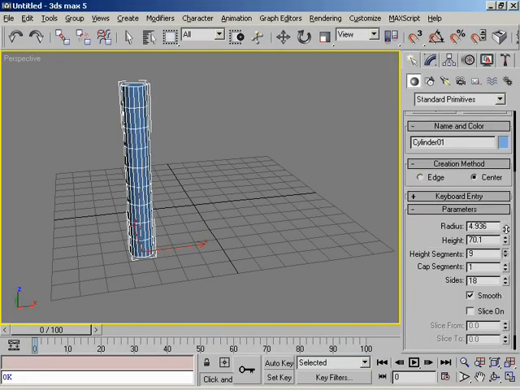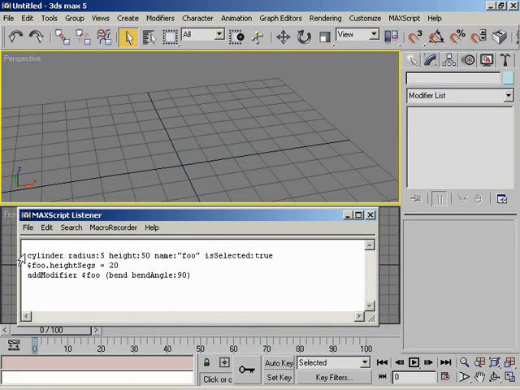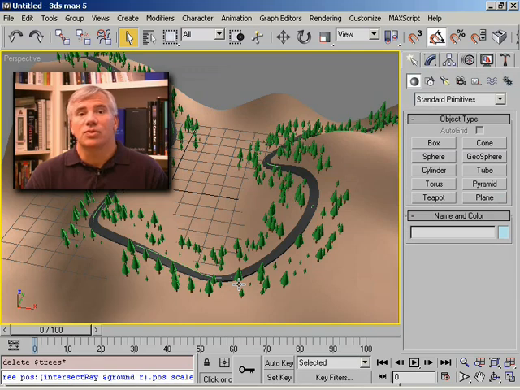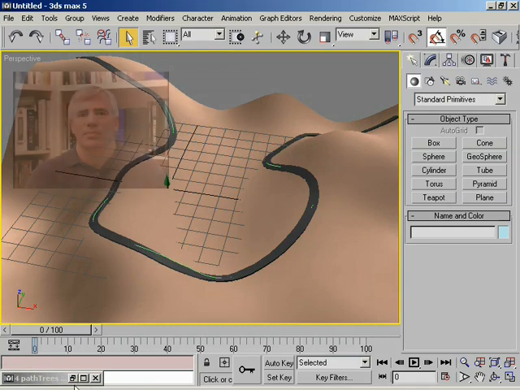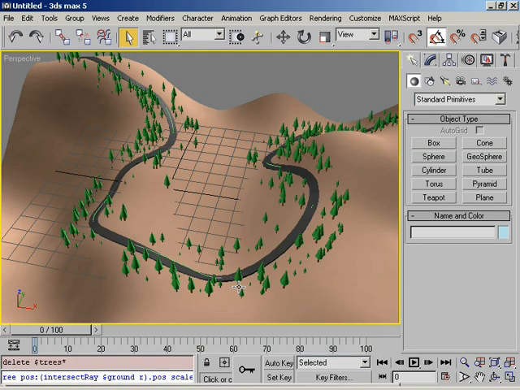So instead of creating and selecting and twiddling things with the mouse, you write down the sequence of things you want the application to do in text form. Writing instructions down in scripts like this is particularly useful for tasks that you want to do over and over again, or that require precise placement, or that can be controlled by a mathematical formula, or perhaps by data from an external file. There may even be some tasks, say creating and adjusting and positioning hundreds or thousands of objects, that are impractical to do by hand, but are fairly trivial using a script. In this example, you see a few lines of script creating a randomized placement of several hundred trees along a